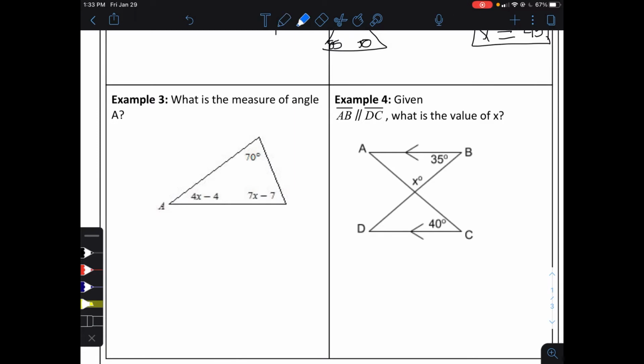So in this example, it says, what is the measure of angle A? Angle A is equal to 4x minus 4. So I have to first figure out what x is and then substitute it in order to figure out what angle A is. What can I use to solve for x? Because I don't have to make an equation to solve for x. So what's that equation? It is